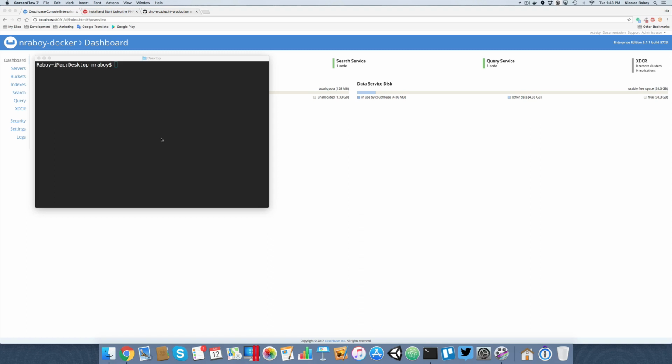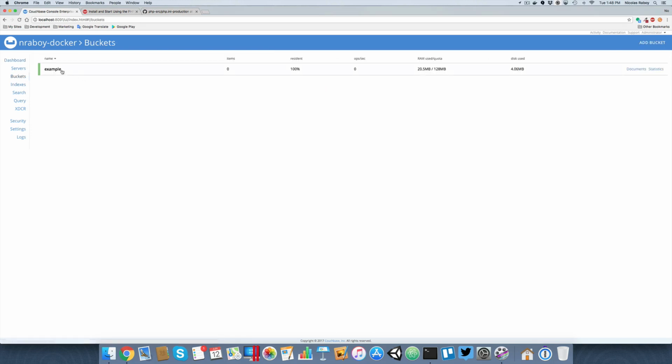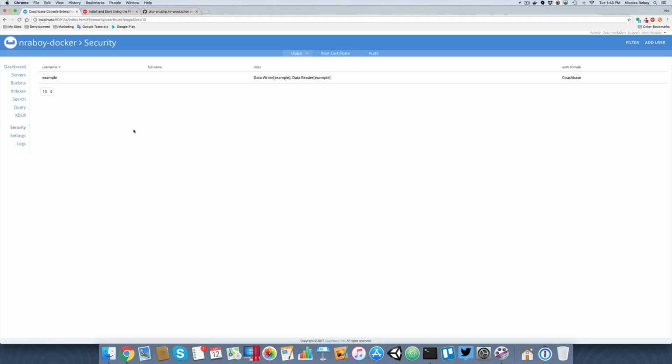That said, I do have Couchbase Server running as a container already, so it's up on my screen. This is the Couchbase Server dashboard. What I've done is I've created one bucket called example. I've created a security rule. Basically, that's all we need to get ourselves up and running with PHP, because the scope